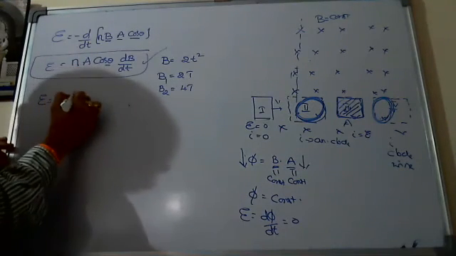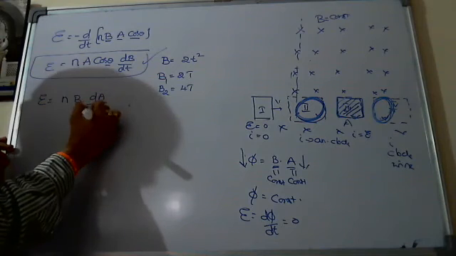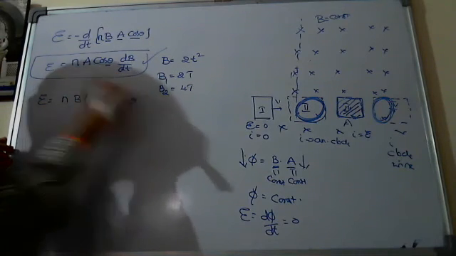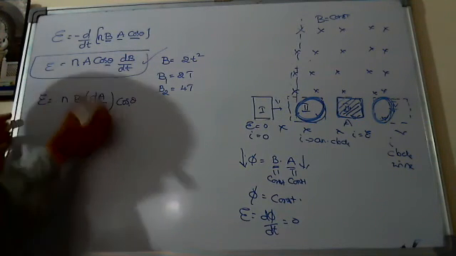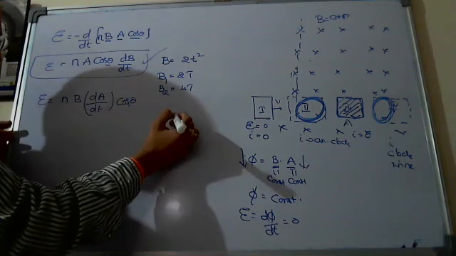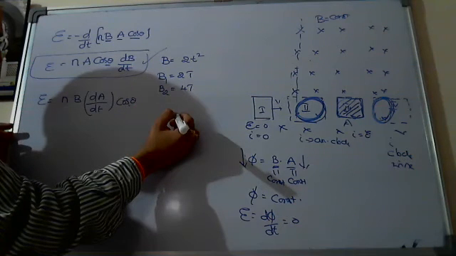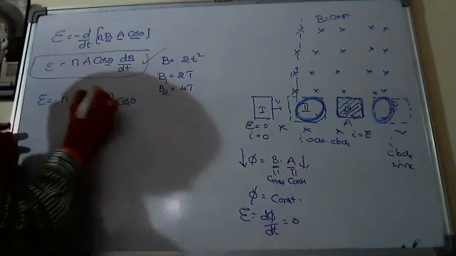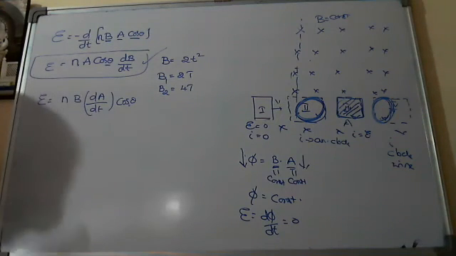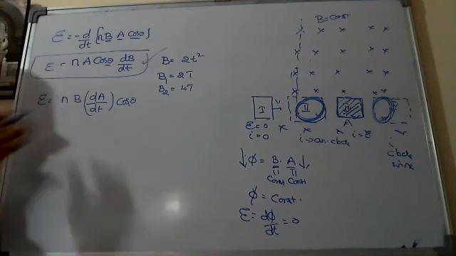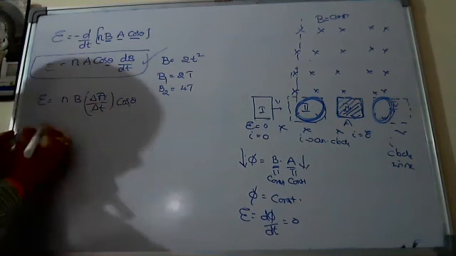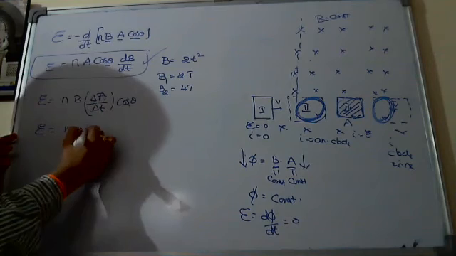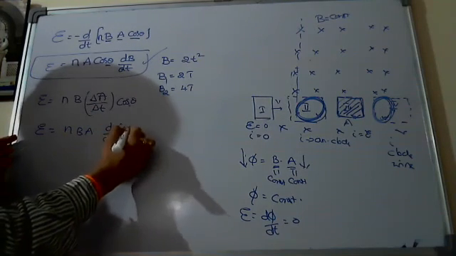And here the second model is N B constant, dA by dt into cos theta. This thing, Nana? Yes, sir, we can do, sir. Means using what? Differentiation or using A2 minus A1? A2 minus A1, sir. Why? Because area changes with time, they never give it like a differentiation model. Very good. So this model also you can solve. And the third one, the dangerous one, is NBA constant, d by dt of cos theta model.